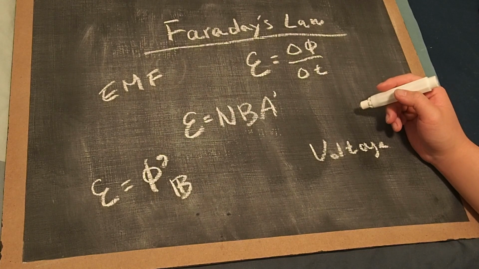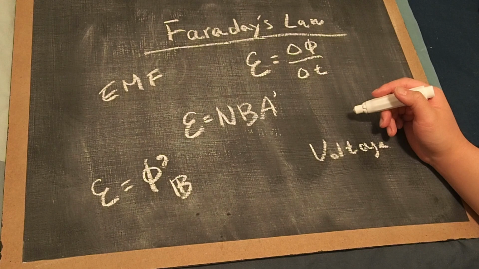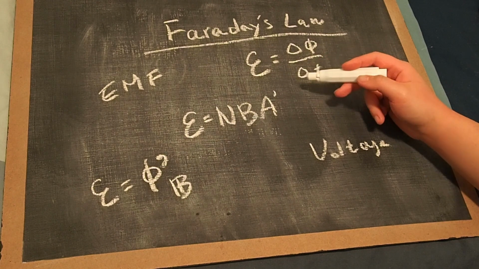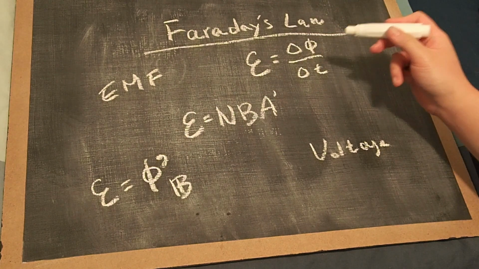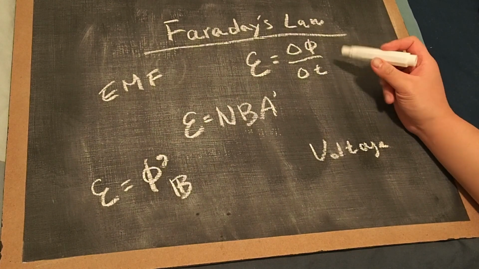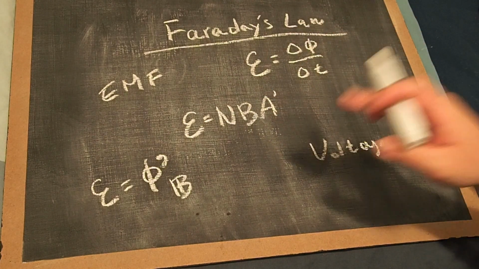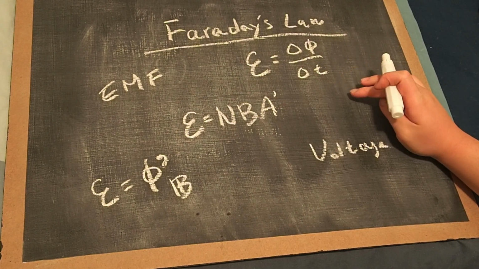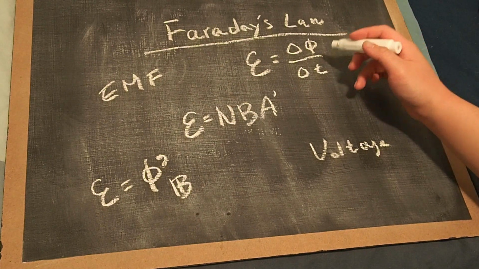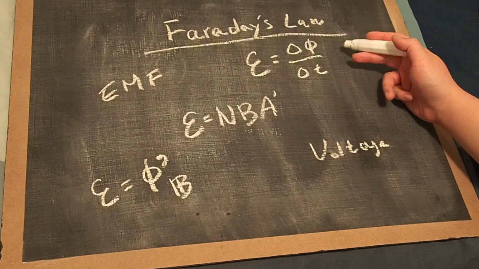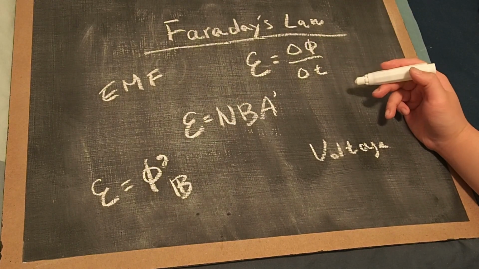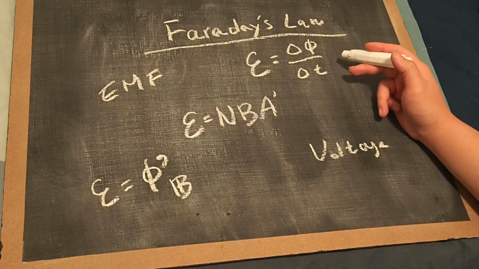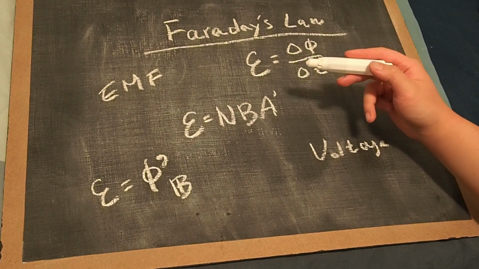So fundamentally, what Faraday's law does is relate EMF, which is a type of voltage, denoted by the funny looking E. This is a Greek letter epsilon, with a different quantity, something called magnetic flux. Basically, think of it as some unit of area with some magnetic field going through it, the total amount of it throughout the entire area. And it's specifically talking about how fast that field changes, right? So the faster one thing changes, the more voltage there'll be on the other side. We're not quite going to touch on the right side of this equation yet. We'll touch on it a bit, but the main focus is really on the left side here, on the EMF,